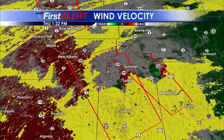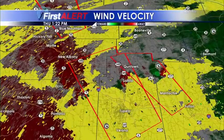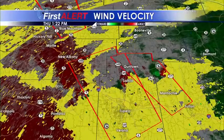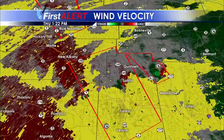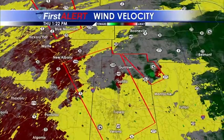And Joey, real quick, what do you have? Good news out of Tupelo. I just spoke with the city spokesperson. Nothing to report there as far as a touchdown or damage being reported inside the city of Tupelo right now. So that's good. Hopefully we didn't get any damage from that. Again, some very, very low rotation showing up on the Skycam. At this point, we have no report of a touchdown at Tupelo, so some good news there,